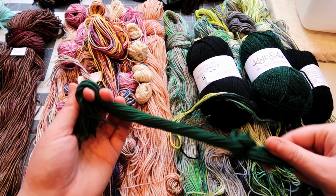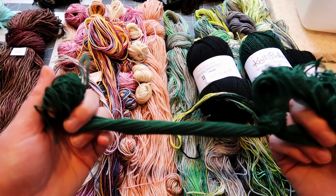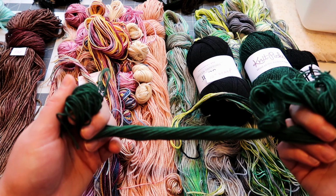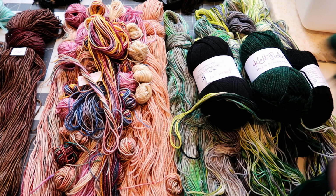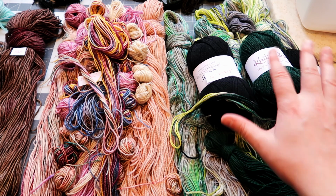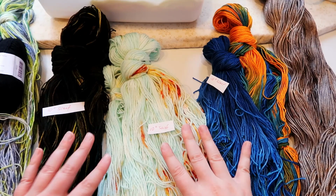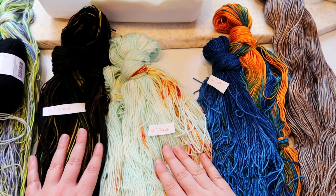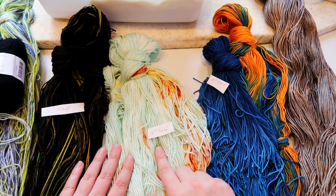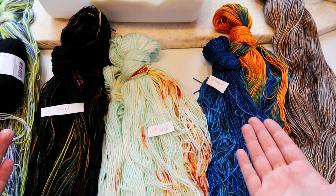contrast was going to look really good, and there wasn't a whole lot of dark colors that I could use as a contrast for this grouping of yarn, so I'm using some of my own leftovers for the warp for this. These 3 skeins I think will weave up really interestingly on my 10-inch loom, but they don't have warp yarns